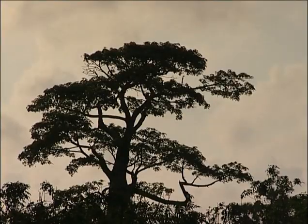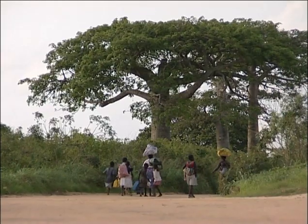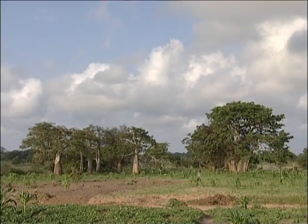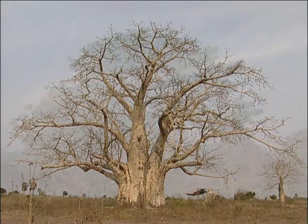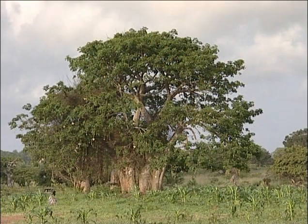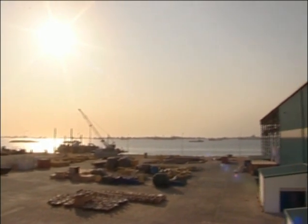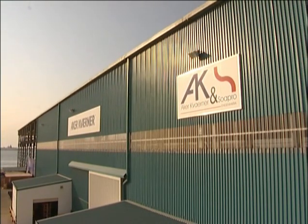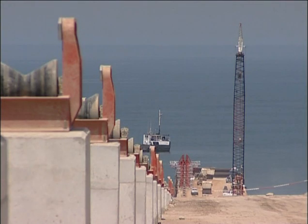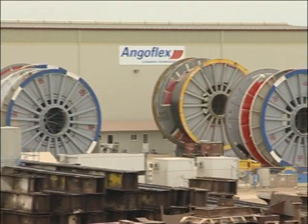Total is actively contributing to the growth of Angola's industrial base, with several Dalia contracts utilising Angolan construction facilities. A major part of the Dalia subsea production systems and its control equipment have been manufactured in Angola, with the extension of the Sonils base in Luanda for subsea equipment preparation and test, preservation and storage, the creation of a spool base in Donde, allowing production of reeled pipe, the setting up of the Angoflex umbilical manufacturing plant in Lobito